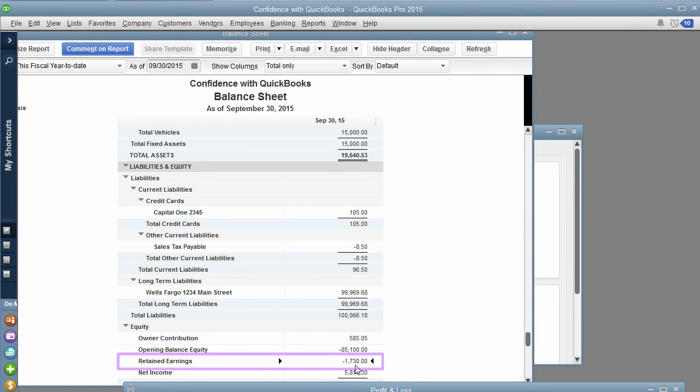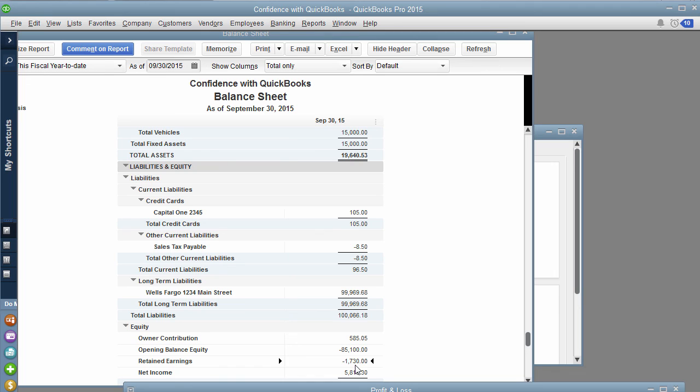Retained earnings are anything you've done in the entire time you've had QuickBooks. So if you've had QuickBooks for 6 years, if you pulled a profit and loss from the first date to the end of the previous year, you would see what your retained earnings are. That's where it comes from. So I hope that was clear.